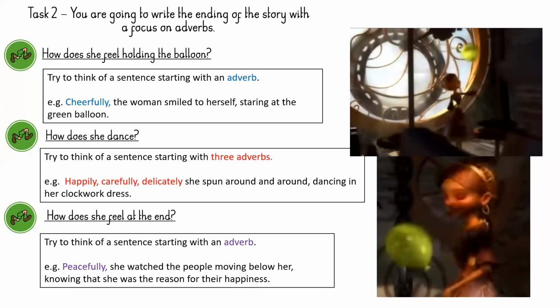Second sentence, we're going to think about some adverbs to describe the way she dances. For our second sentence, we're actually going to use another rule of 3. We're going to start with 3 of them rather than 1, just again as another writing technique to really emphasize the point that we're trying to make. Then our final sentence is going to think about how does she really feel right at the end of this story. So in this final picture down in the right hand corner, how do you think she's feeling as she spins and she watches the fact that the world is now working again because of what she is doing? How do you think she would feel?